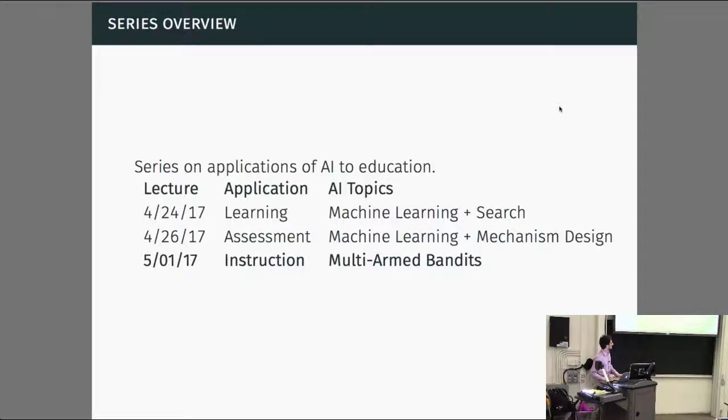So again, to summarize, the last two times we covered applications of AI to learning. The first time, an application of AI to assessment, and mostly we were using the predominant AI technique we were using in machine learning, mostly actually logistic regression. This time we're actually going to talk about applications to instruction, and we're actually going to teach and mostly focus on sort of a new AI topic. It's still a part of machine learning, but it's multi-armed bandits.